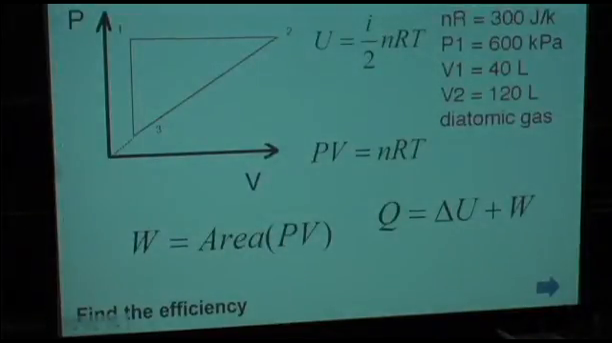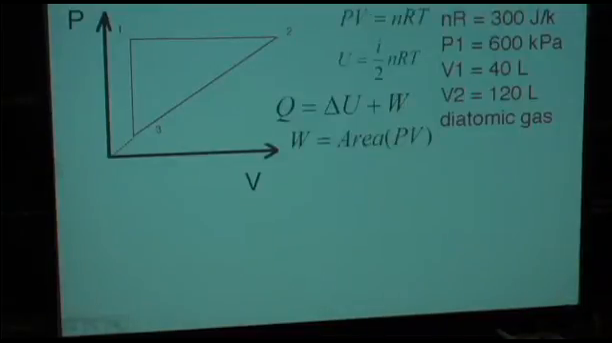A cycle like that. Well, the ideology, the strategy is absolutely the same. Still, we have Q31, which is positive, and Q12, which is positive. So QH will be equal to Q31 plus Q12. Q31 will be equal to delta U31 plus 0. There is no work done